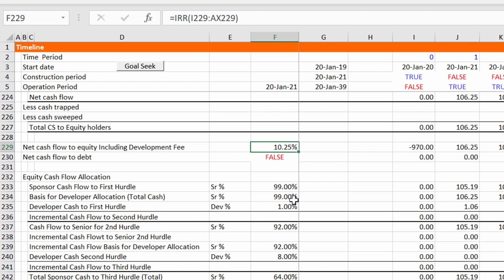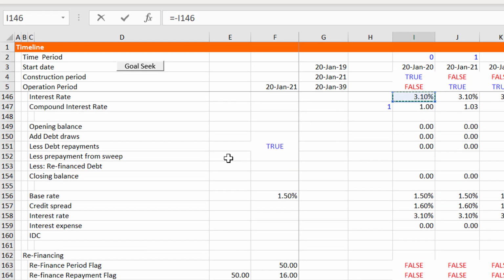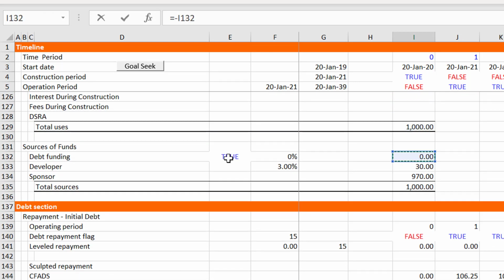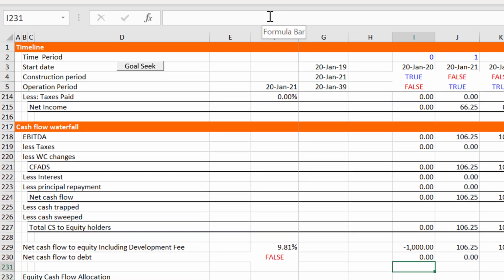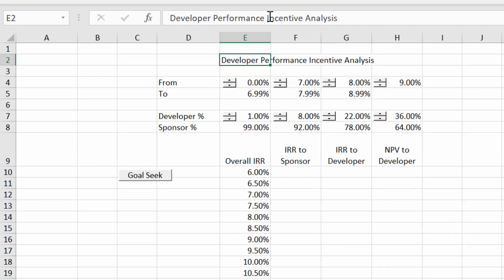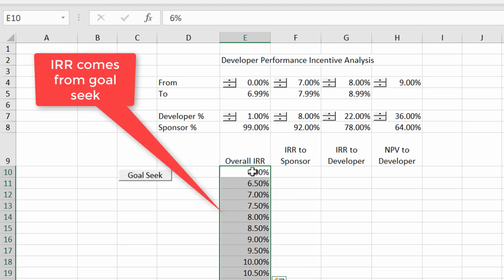No, this is a little bit odd. Excuse me. The overall. This was stupid. This should have been a minus, and yeah, minus on the total equity, and not another minus. Excuse me for another error. Okay, there's our 9.81%. So what we're going to do is change the overall IRR by running a goal seek,